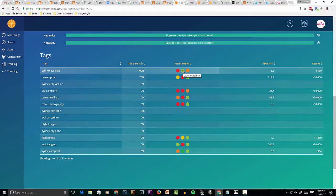Then your low competition is how many other people come up in the same category as you. And then there's the high risk of the category grid. And that is because the tag is too broad, I found out. And it brings up this grid of everything in that category, and it gets people to narrow down their focus more and click on other, sort of defining those categories. You know how they have things set up, like I set up art and collectibles and then added photography and color. And so I guess it gives you those options, because I know I got those while I was searching around too. And then there's canvas print and that sort of thing,